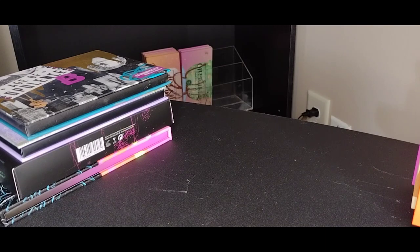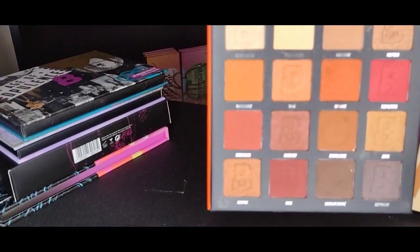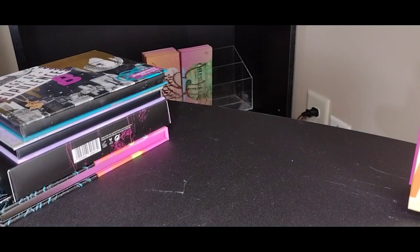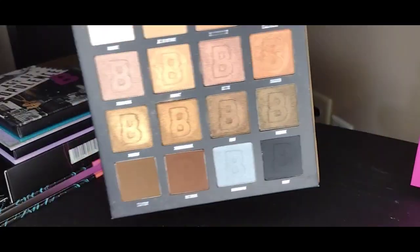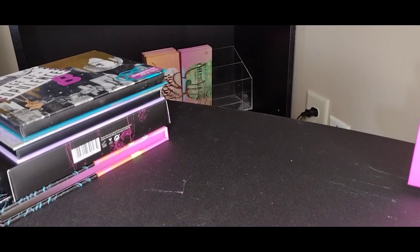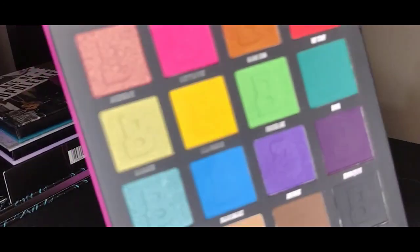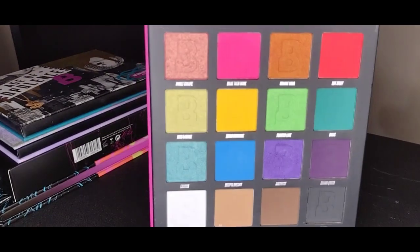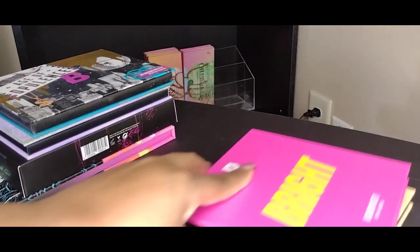And those were my 9-pan palettes. These are the 16-pan Fiery palette. Nude. And this one is Bright. And then we have